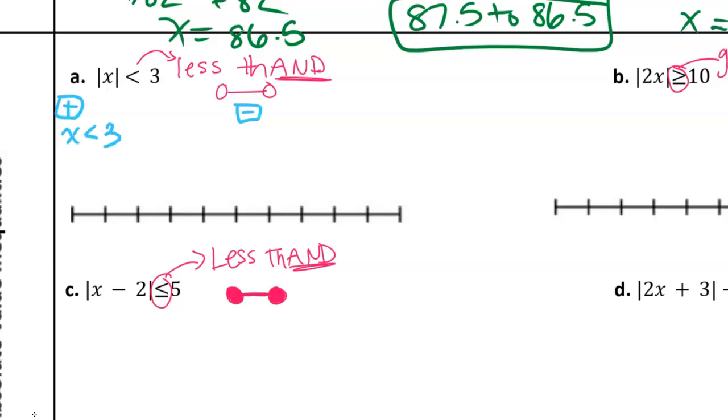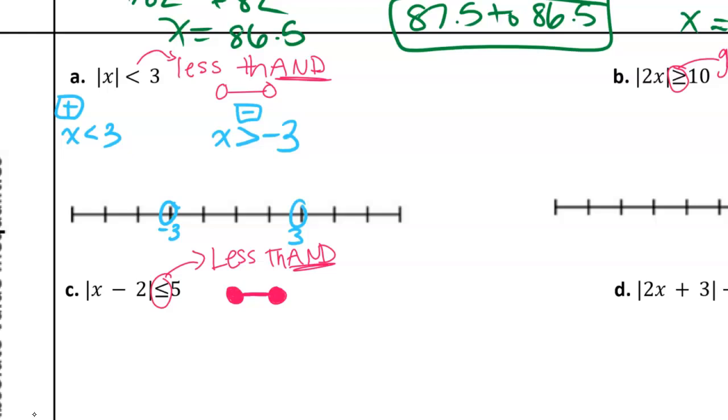Who remembers what we do differently for the negative side? With inequalities, there are two things we have to do. Yes. Good memory, Mary. We flip the sign. And what's the regular thing we do on the negative side? Make it negative, yeah. So we have to flip the sign and make it negative. We have our two solutions. So I'm just going to choose two different points on the graph, put -3 and 3,